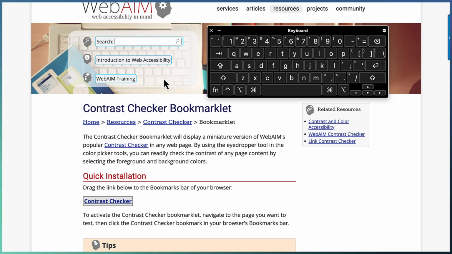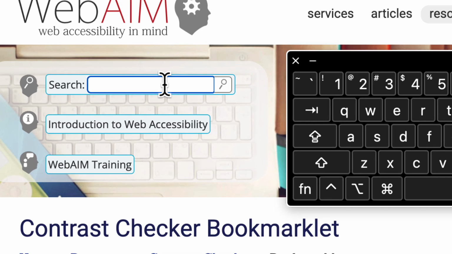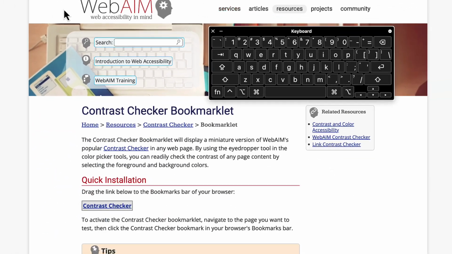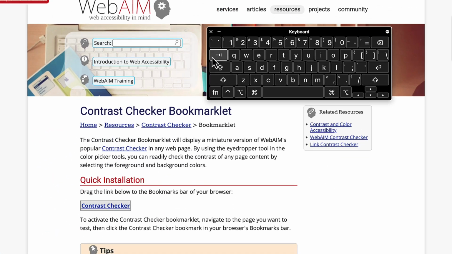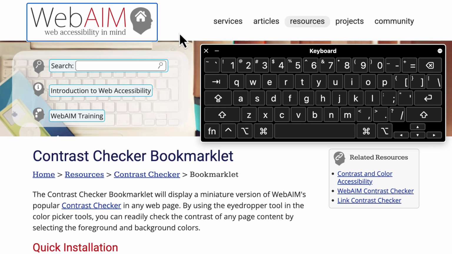If I want to browse it with my mouse, all I need to do is move the mouse, point, and click. If I'm using a keyboard, when I press tab, I need to know where I am. You see this rectangle that looks like it has a blue outline around the logo link? That's what a focus indicator is.